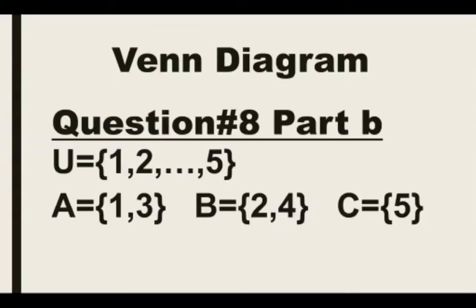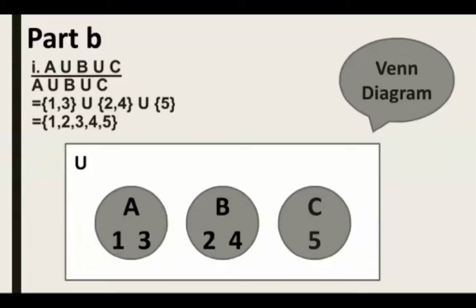Now we will draw the Venn diagram for these questions. First we will see which type of these sets are. Look at the sets A, B and C. These sets A, B and C are disjoint sets because they have no common element. So in the Venn diagram we will draw these sets separately. For question number 1, the Venn diagram is this. In this diagram, we have drawn the sets A, B and C separately because these are disjoint sets.